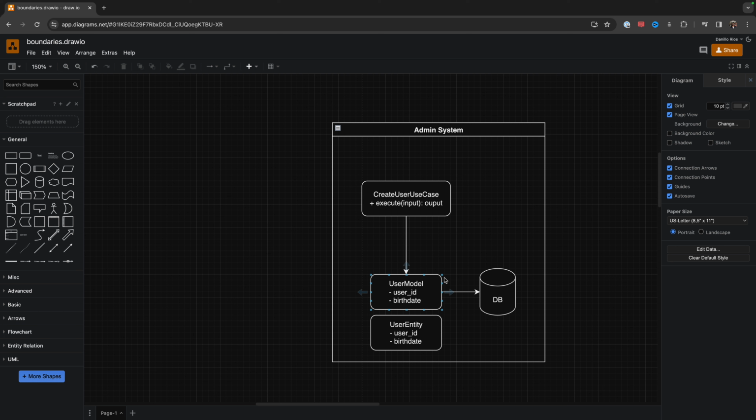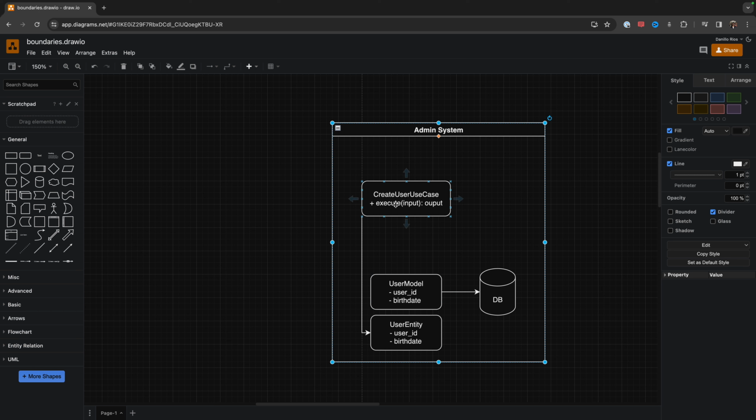And if you are familiar with SOLID, this user model here violates the single responsibility principle. So we need to connect our use case to the entity here. Our use case does not use the user model. Our use case uses the user entity. Okay. But you'll see in the next videos.